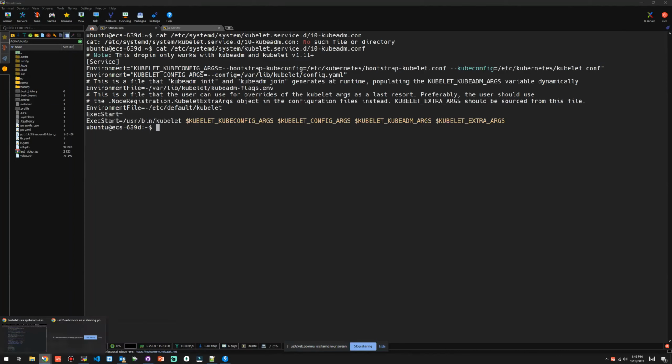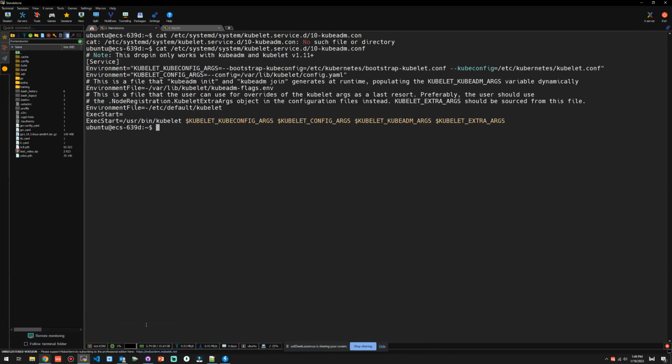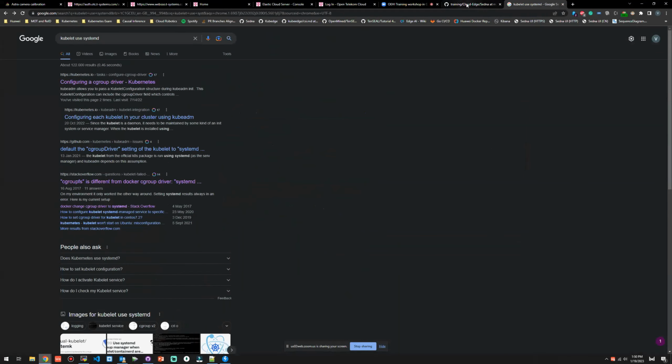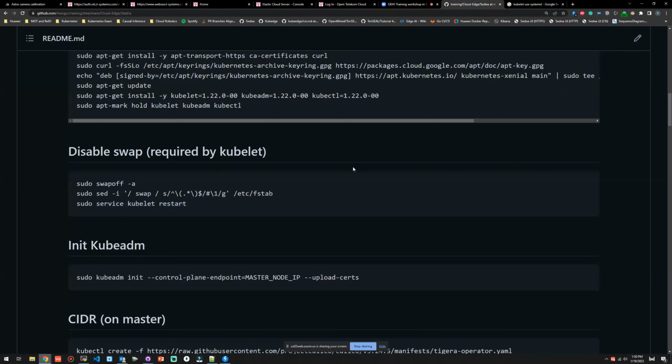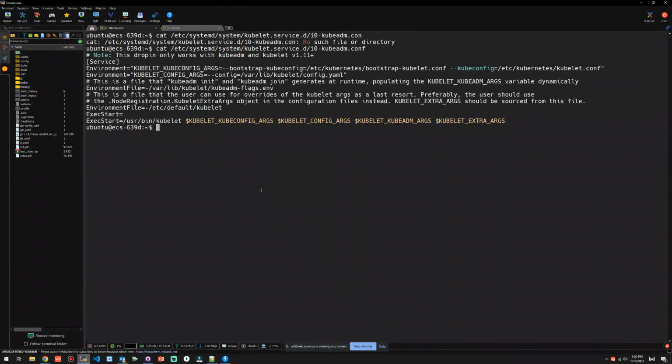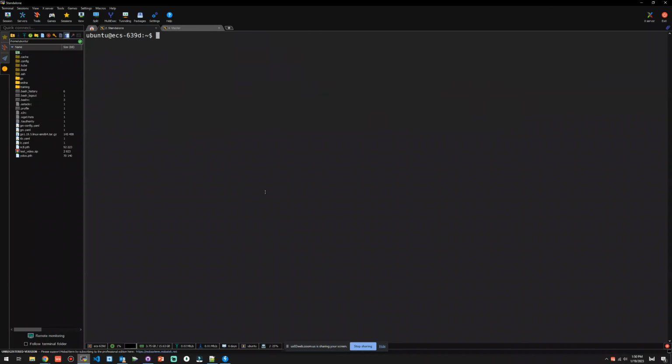Okay, so we continue with the other machine because I don't know why on this one there is a different configuration for Docker. They are exactly the same, but I don't know. Anyway, assuming that this went fine and Kubernetes is running, which it is, for example, on this machine,